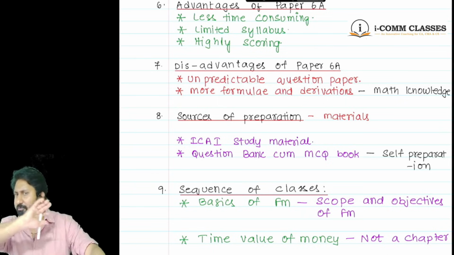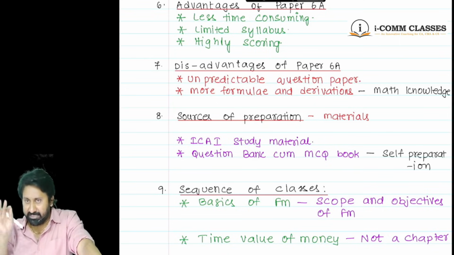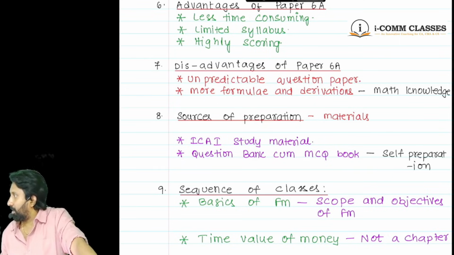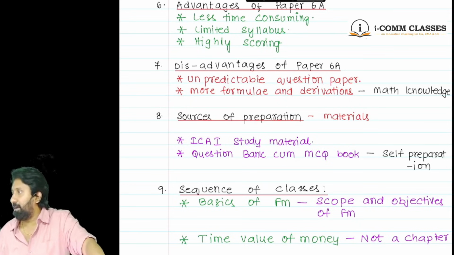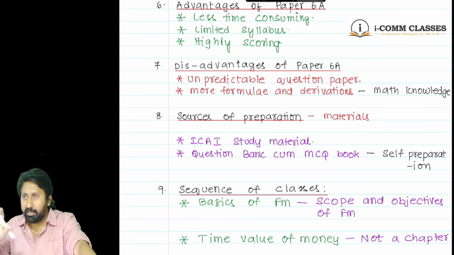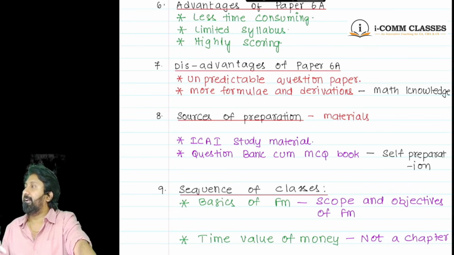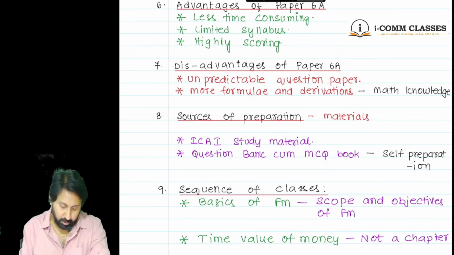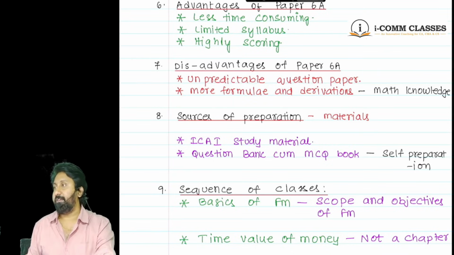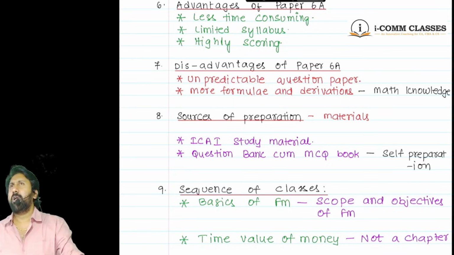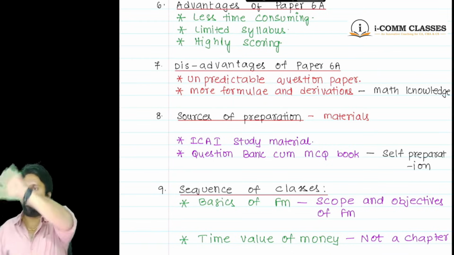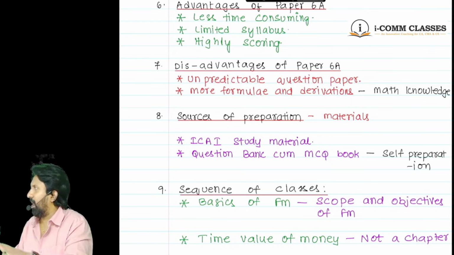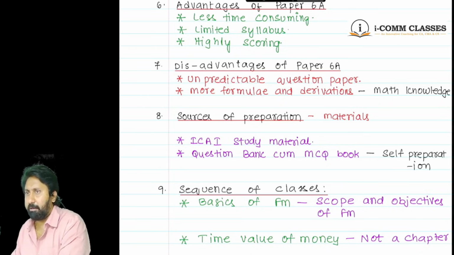So you will not find any problem in that way. Basic: why to multiply, why we divide, why we subtract, why we add. Clear? So what is an addition? What is a subtraction? All these we are going to understand in detail. Up to here, understood? Okay. Next, more formulas and derivations. In your syllabus around 55 to 60 formulas will be there. In the entire Final syllabus there are around 140, 150. Inter has around 40 to 50 formulas.